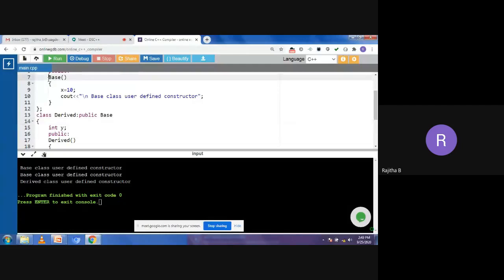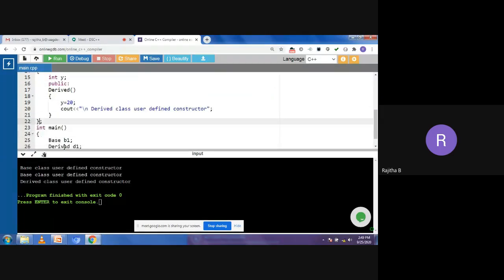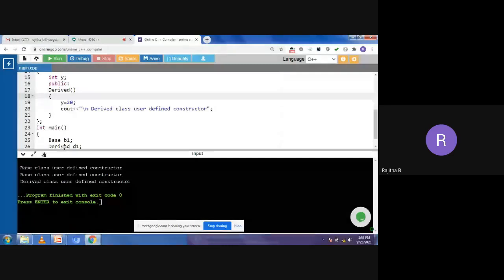So this copy is also created in the derived class. When we create the derived class object, first it goes to the base class constructor and executes it, then it comes to the derived class constructor. Is this clear, everyone?